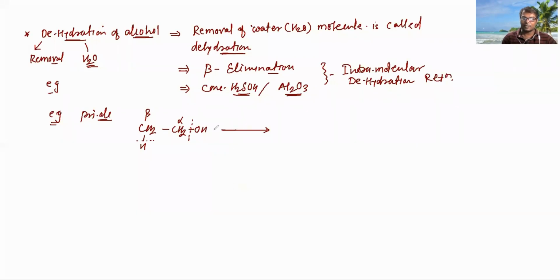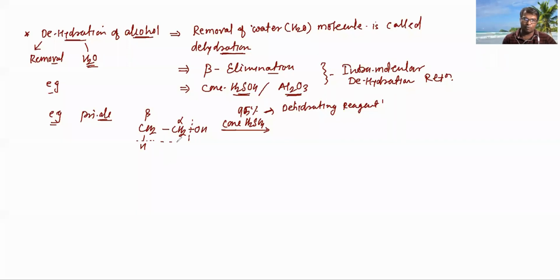Therefore, by using concentrated H2SO4, here a strong 95% concentrated H2SO4, we remove water. This H2SO4 is nothing but the dehydrating reagent. Its function is to dehydrate, meaning removal of H and OH from adjacent carbon atoms. The OH containing carbon is called the alpha carbon and the adjacent carbon is called the beta carbon.